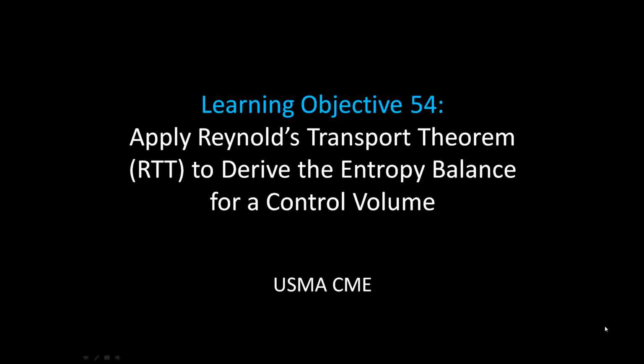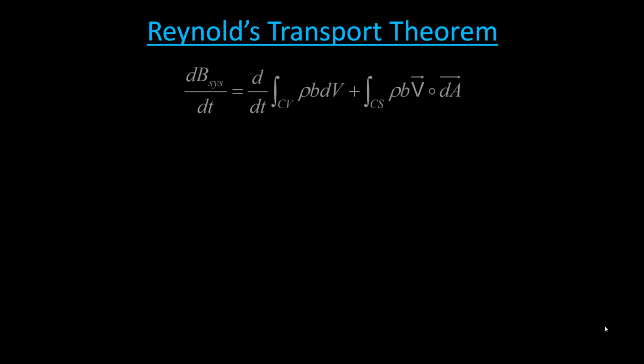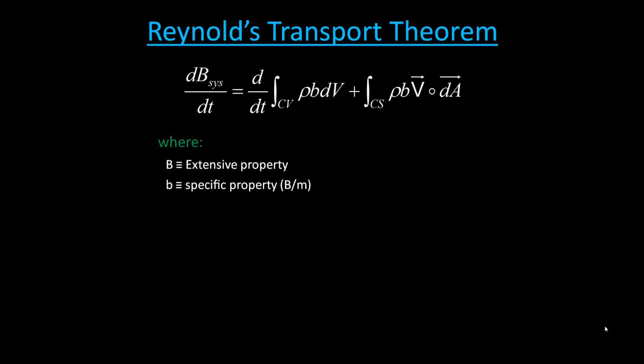In this video, we'll apply the Reynolds Transport Theorem to derive the entropy balance for a control volume. So let's start with a refresher of the Reynolds Transport Theorem. The equation is the derivative with respect to time of an extensive property of our system is equal to the derivative with respect to time of the integral over the control volume of our density times our specific property times our differential volume, plus the integral over control surfaces of our density times our specific property times our velocity dotted with